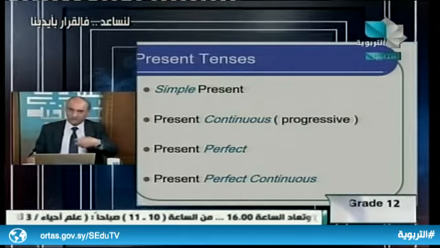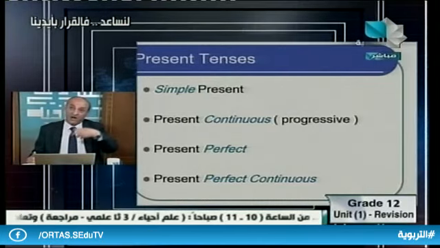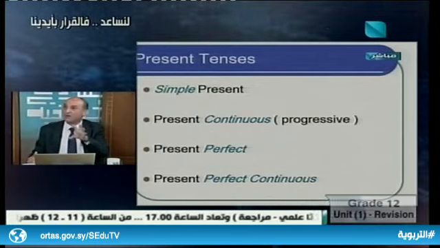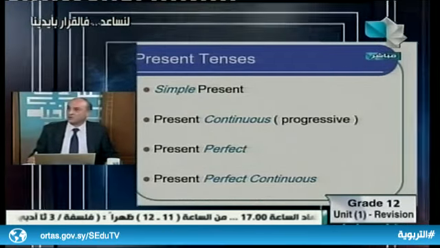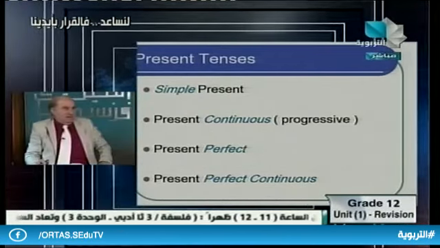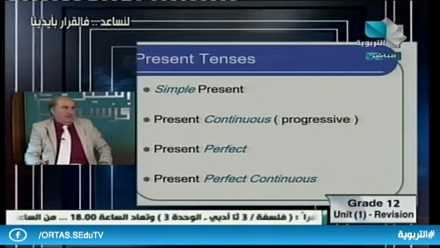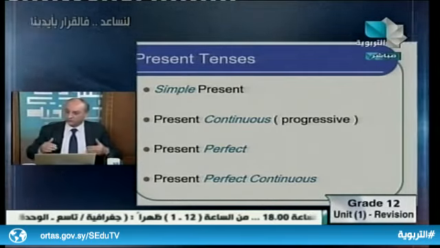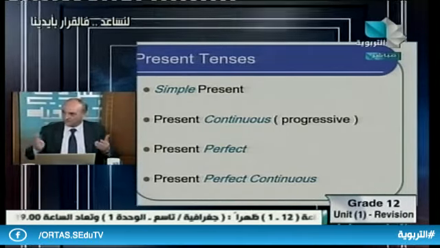Karim, is that because we are here trying to revise all tenses, because the student in the baccalaureate will have a question in the exam paper about tenses? Should have everything about tenses, not only about perfect tenses. I agree with you, but we try here to cover the tenses as we can.